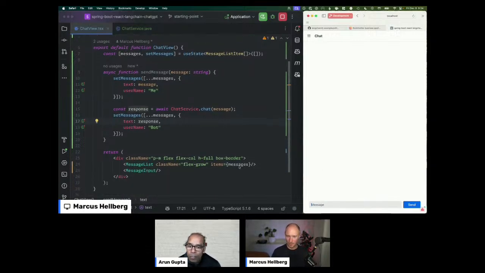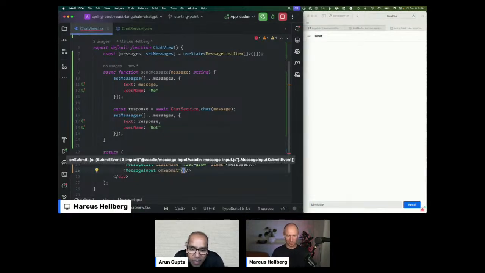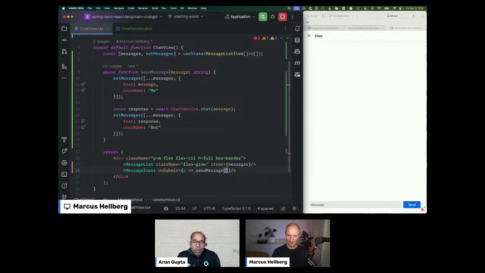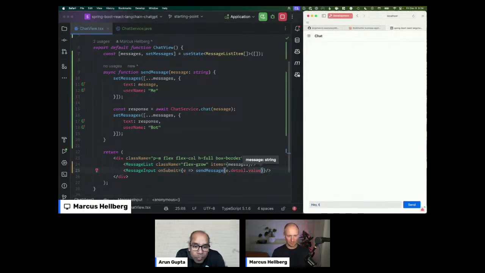No, I forgot the most crucial thing. You actually have to say that the method should be called when we submit the input. So let's do that. So we're going to call. Well, I mean, that only proves this is the real deal. We are actually coding it live. So yeah. All right. So we're just going to pull out the value from the event, and then we're going to say, hey, tell me a joke.